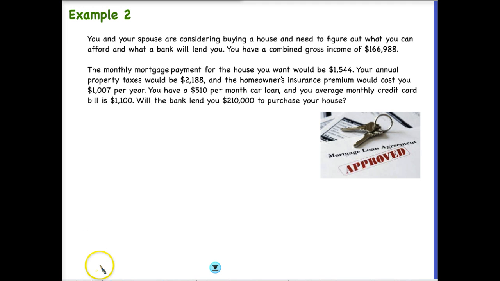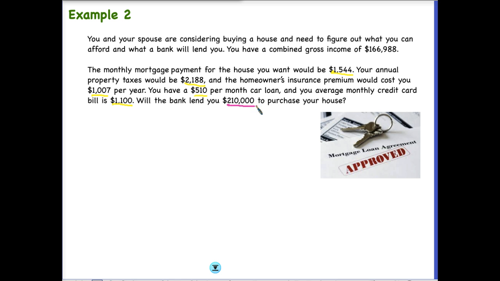And then your annual property taxes are estimated to be $2,188. And then you have a homeowner's insurance premium that's going to cost you $1,007 per year. So these are things that are estimated right now based on what you want to purchase. Currently, you do have a $510 per month car loan, and your average monthly credit card bill is $1,100 that you pay each month. So in this case, is the bank going to loan you this $210,000 to purchase the